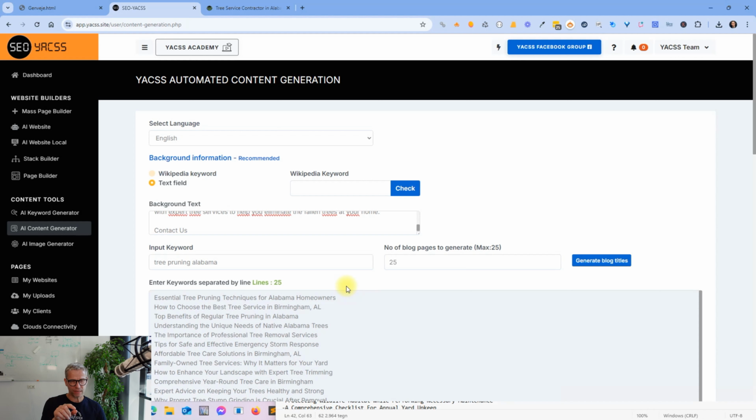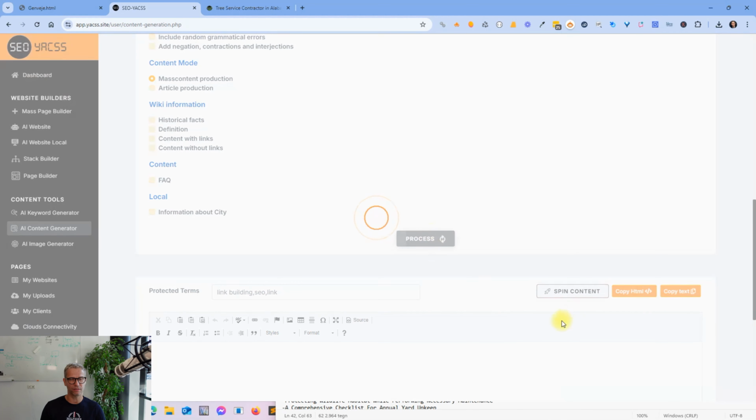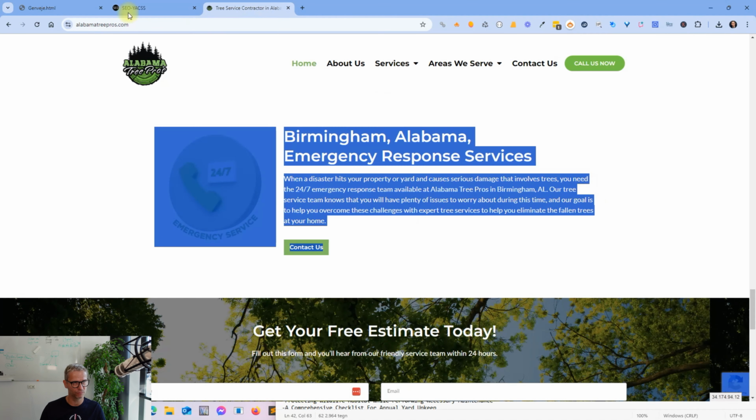So when you're using blog titles like this, and you're also generating the blog, it was down here, process, that button, of course. When you're processing these blog titles with that background information, the content itself in the 20 to 25 articles will also be relevant to this text here. So in the case of Alabama Tree Pros, I copied their text, generated the blog titles related to this text, and now I'm generating